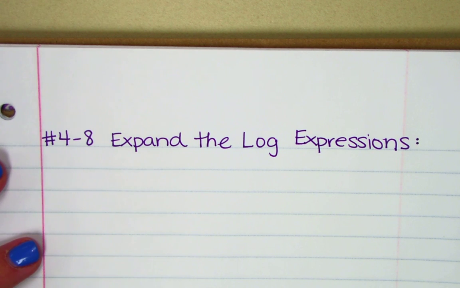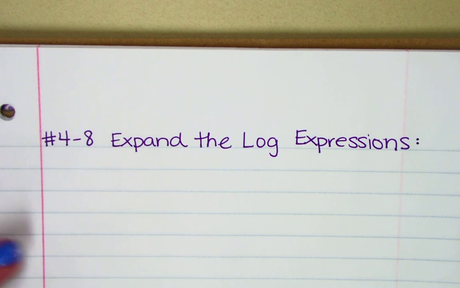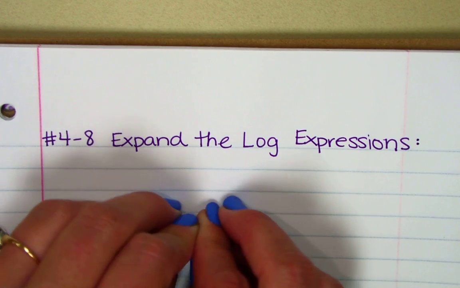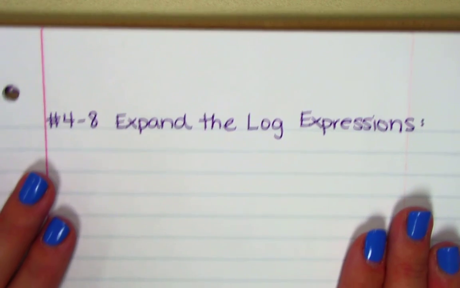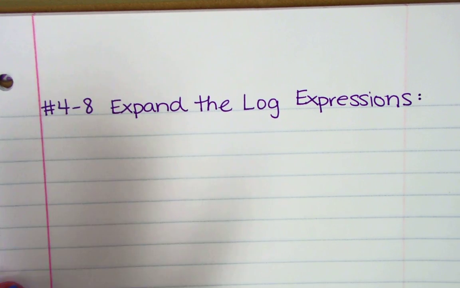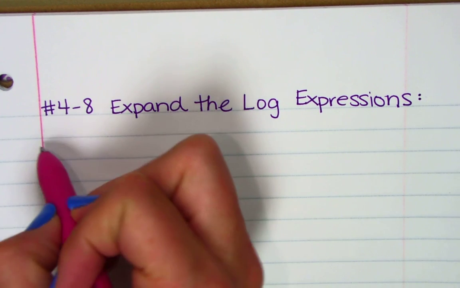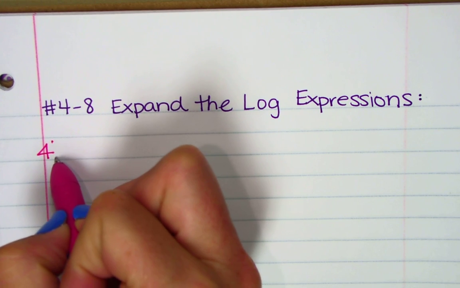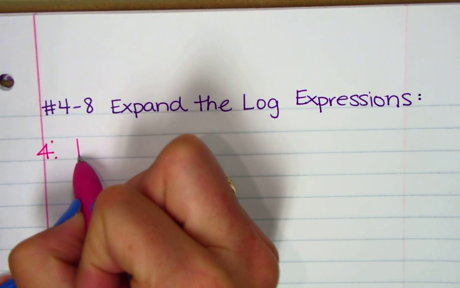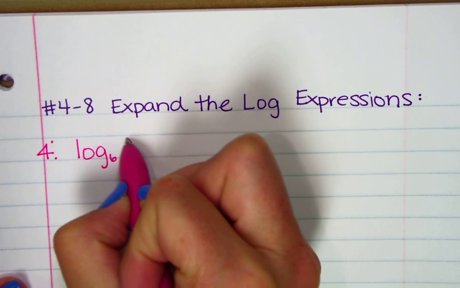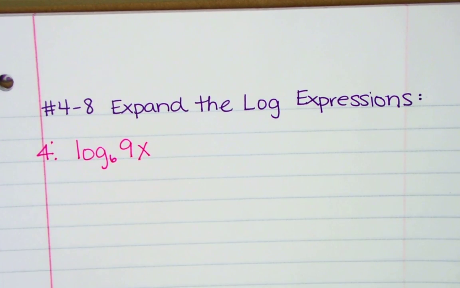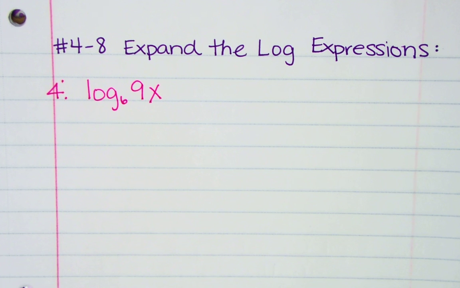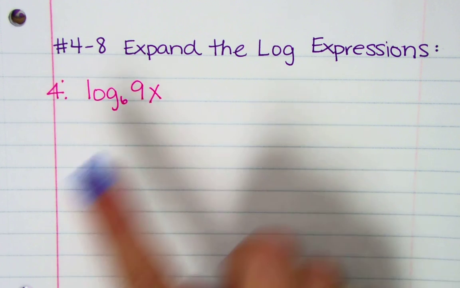Do you know what expand means? Make it bigger, right? Take it out. Condense is the opposite. That means make it smaller. Expand means we're going to expand it out and write it outward. So it's going to start out small and we're going to write it out using the properties that we just talked about on the front page. First, number 4. Log base 6 of 9x. So again, when we're looking at these logs right now, when we're learning the properties, we can ignore this whole